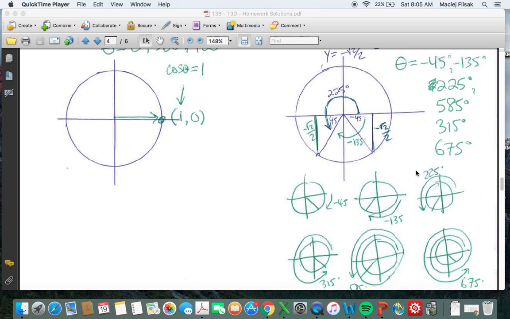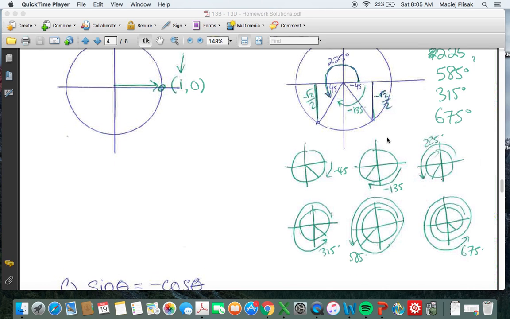To kind of help with this one, since there's so many different spins that can get you there, I drew a separate diagram for each one. So let's just take a look. Again, our goal is to get here or here. So here's negative 45, that gets us there, great. Here's negative 135, that gets us here, because it would be 90 plus 45. Here's 225, so like that, 180 plus 45, 225. Here's 315, so it goes almost all the way around to 360, but 45 degrees short,